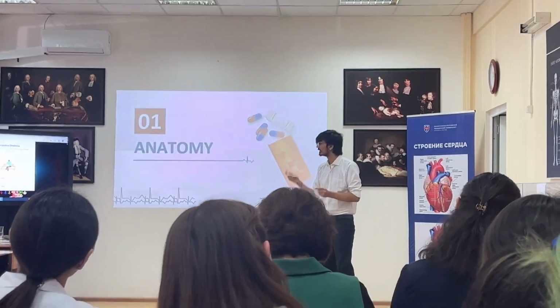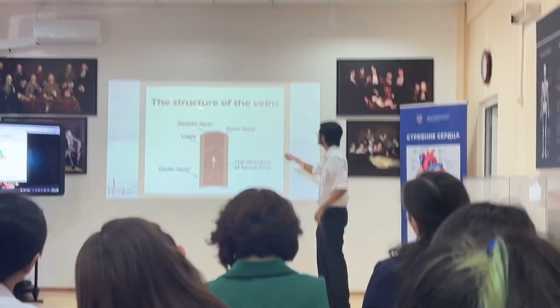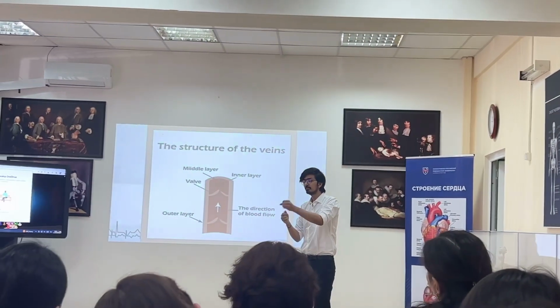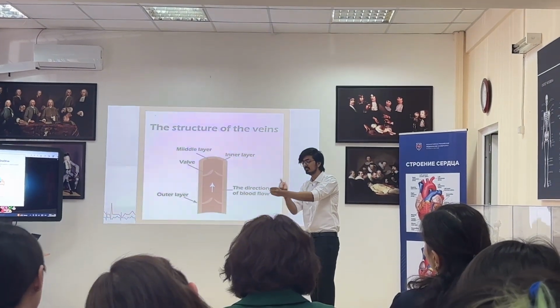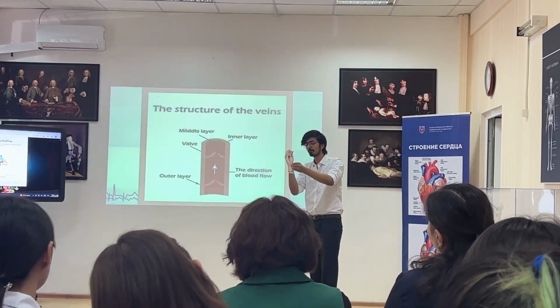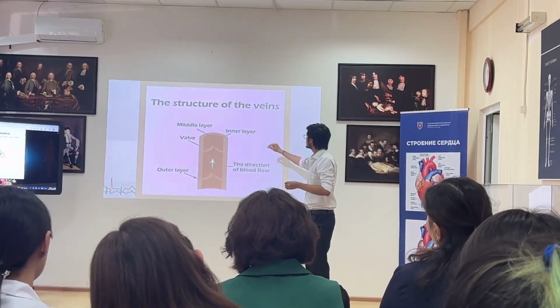Like what's the systemic circulation exactly? What's the anatomy of it? So my major topic is vein. So here's the structure of a vein, as you can see here. So just imagine vein is a cylinder-like structure. It's just like my hand is in piston shape. Imagine this is vein. Blood is flowing in this vein. There are 3 layers, as you can see. Inner layer, which is tunica intima.